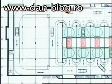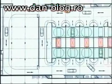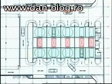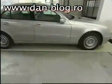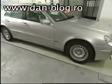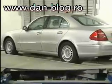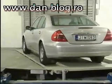The Wöhr Multi-Parker 730 offers up to 200 parking processes per hour. 5 transfer areas are designed for parking and 5 for retrieval on the opposite side. To cope with peak demands, 6 transfer areas are equipped with turntables. These transfer areas can be reprogrammed depending on requirements, so that up to 8 transfer areas can be used either